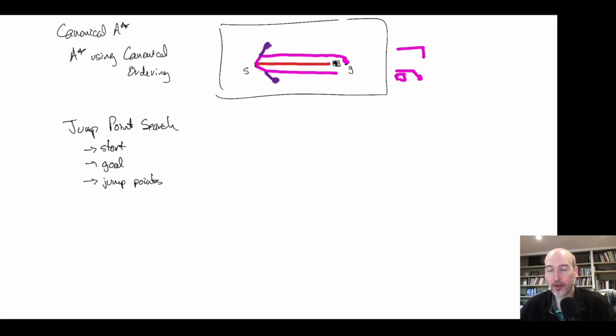So jump point search is based on the observation that if I keep the start state, the goal state, and the jump points, I don't actually have to put any other state into my search. I can just drop them out of the search and I'll be fine. All these states going around here, when I'm going down here, I have one parent and only one child. In general, if I have a state that only has one child, instead of putting it in the open list, I can just immediately expand that child, and I can continue to do that as long as there's only one successor. So going down here, one successor, one successor, one successor, one successor,